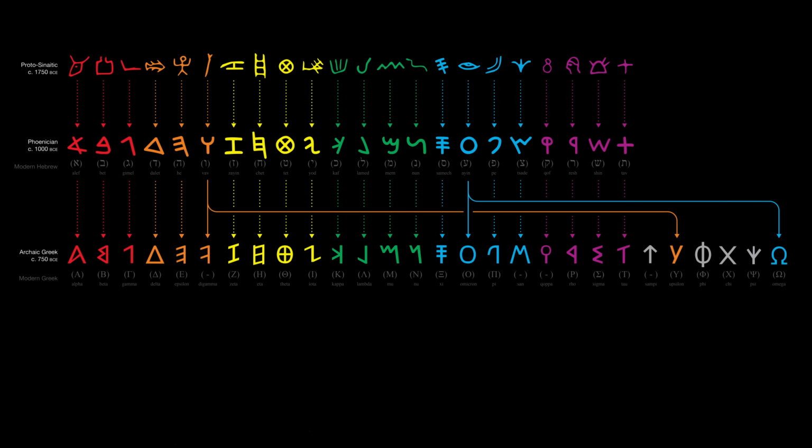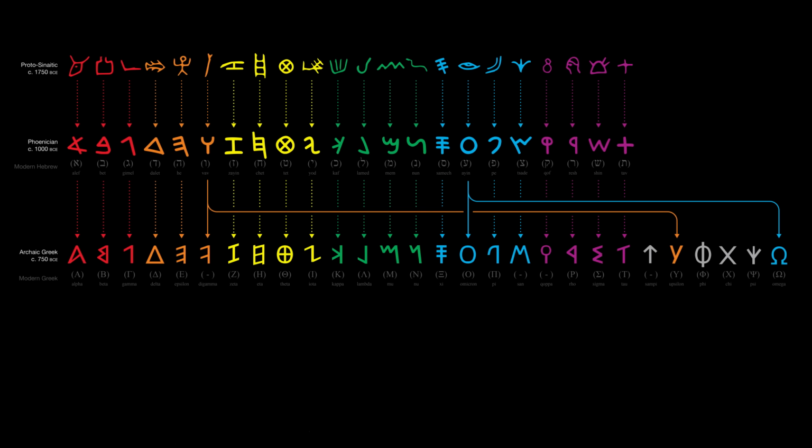I also want to point out that there was never a single archaic Greek alphabet. There were actually many different versions with slight variations that were used throughout the Greek-speaking world. So what you see here is a bit of a combined representation. The important thing I want to point out at this stage is that the sound value of several letters changed significantly. Prior to the Greeks, the alphabet was strictly a consonant alphabet, also known as an abjad. This means there were no symbols that stood for vowels.